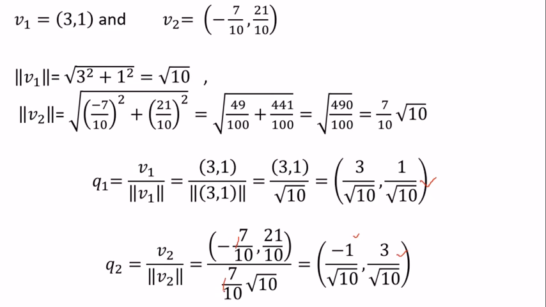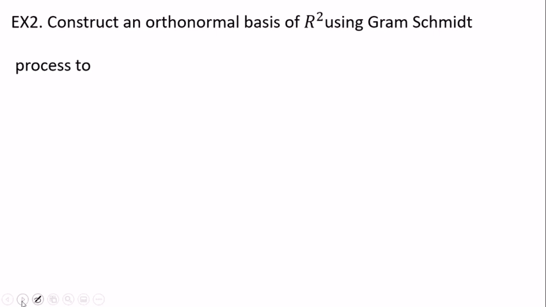Now similarly we will try to solve one more example of the same type here. So what is the second example? The second example is, suppose we have to construct an orthonormal basis of R2 again using the Gram-Schmidt process. S is equal to (3, 1), (2, 2). Instead of writing that element 3, I have written here 2. That is the only difference between the previous sum and this sum, and remaining everything is same. So what I will suggest, you stop the video, solve the example yourself, and then cross verify your answer with this video. So now let us solve the example.